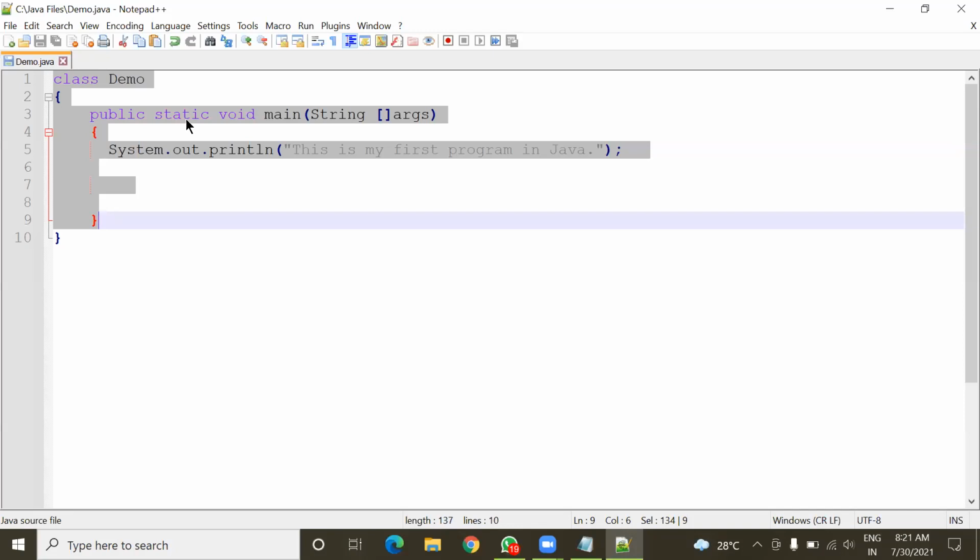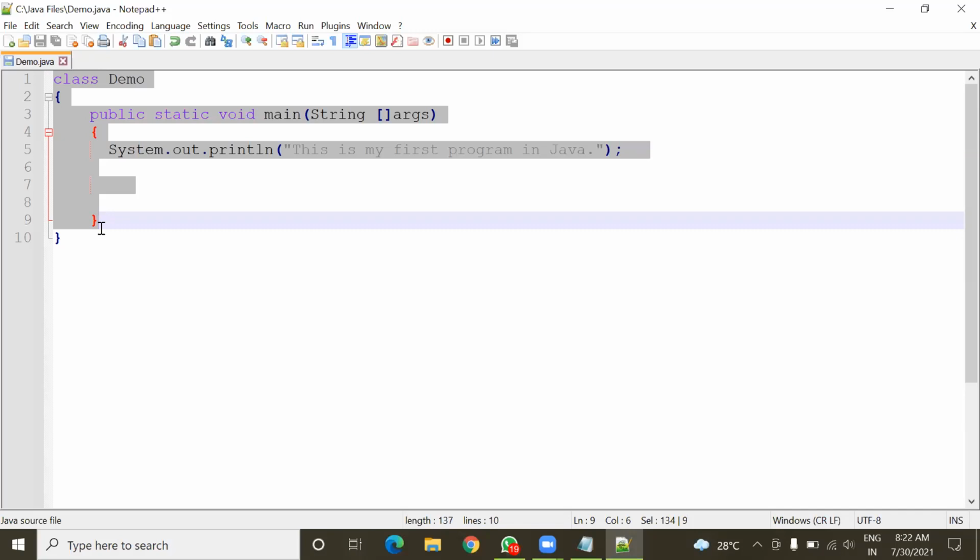Okay, and low level language means machine language. Machine language means a combination of 0 and 1. So this is not a low level language, this is a high level language. But the computer understands only low level language, means machine language, means this program should first be converted into machine language so that the computer can execute it. So this process of conversion is called compilation.